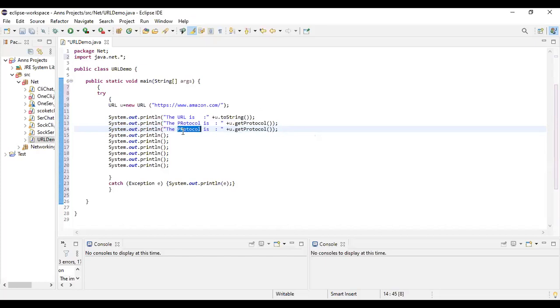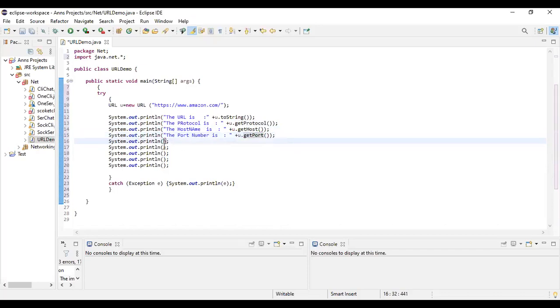Now, if you want to see the host name, you have a method called u.getHost. You will be getting the host name. Similarly, if you want to see the port number, you have a method called getPort, P-O-R-T.